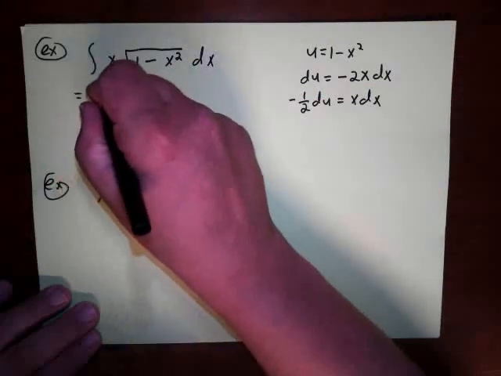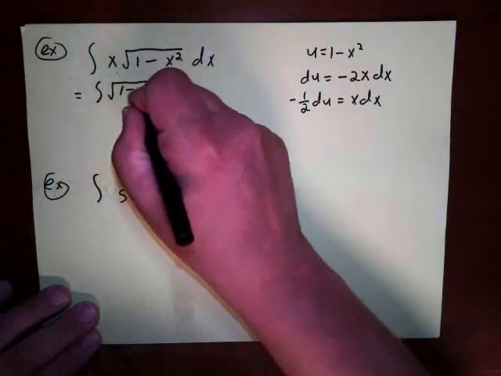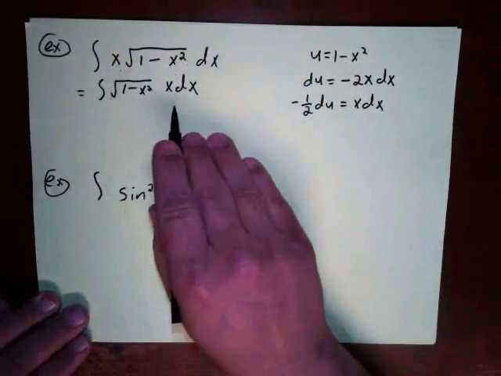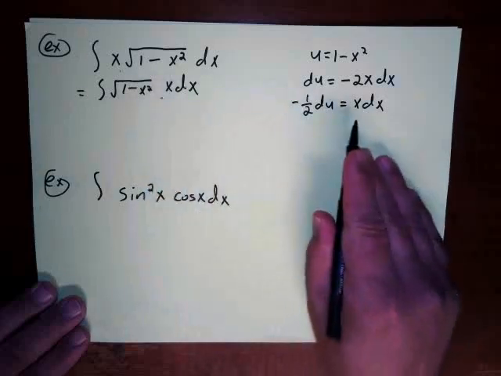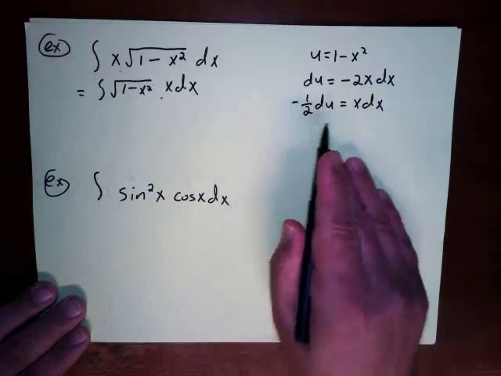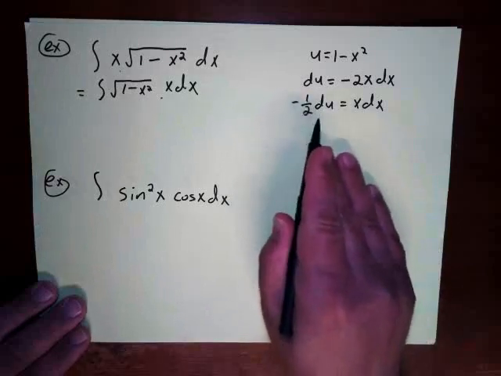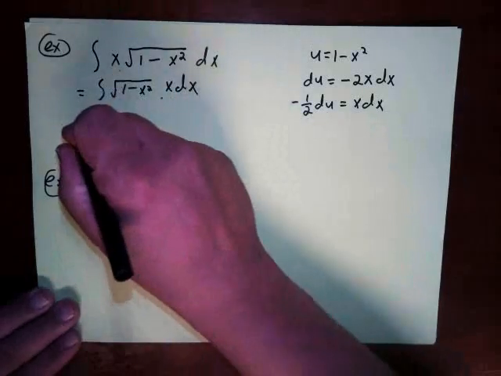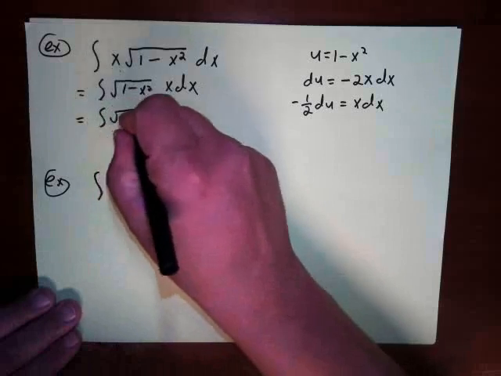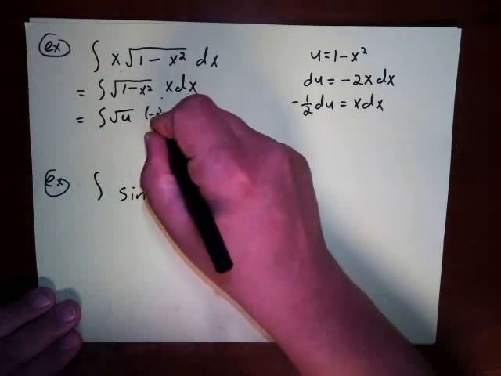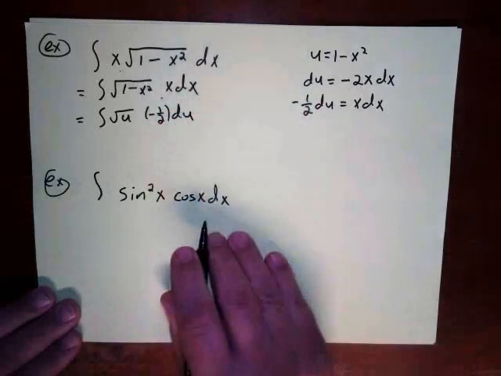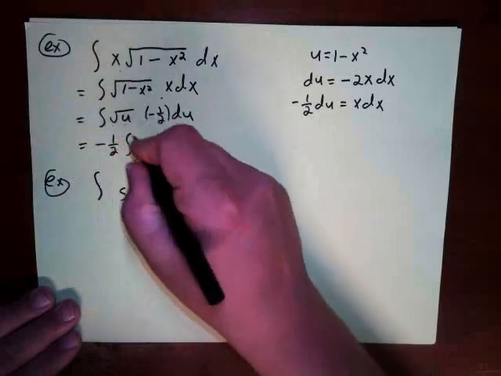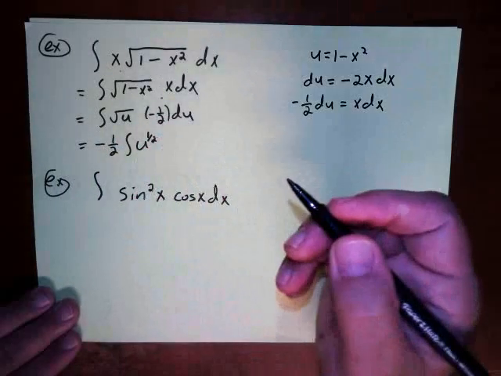So what I could do is I could rewrite this like this if I wanted to, if it helps. You don't have to do this. But what this shows here is that what you want here is a dx to substitute in, and the dx is negative 1/2 du, and you just have a constant there. So in for here, I put u, in for all this, I put negative 1/2 du, and then what I get here is the square root of u, and then I have a negative 1/2 du, and so I can pull out the negative 1/2, and then I can rewrite this as u to the 1/2 du,